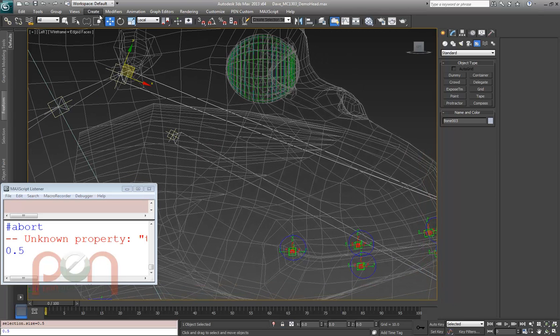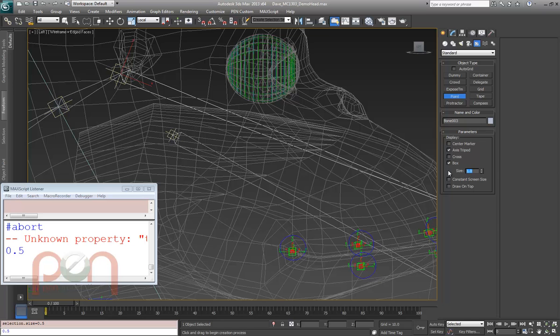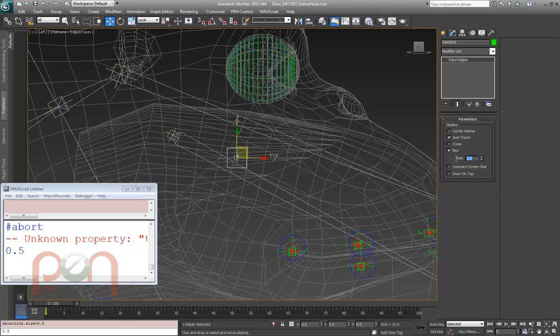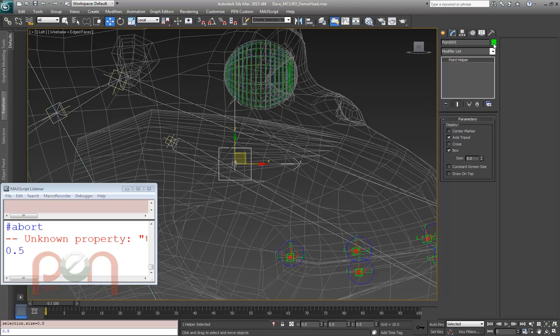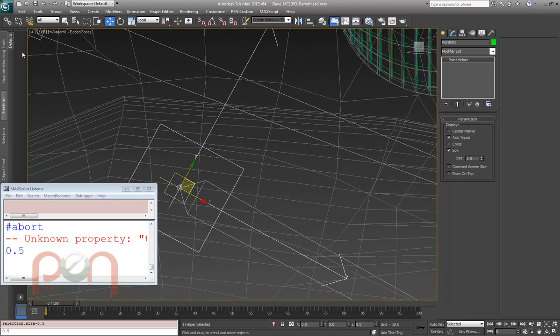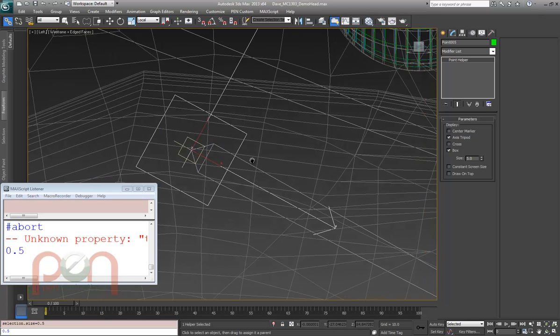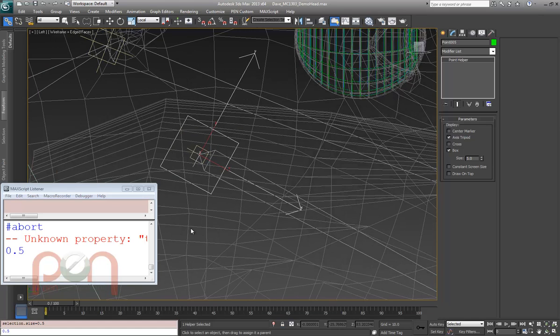So let's actually go and create a helper point. I'm going to make this one size of about 3, and I'm going to drop that in. Maybe even a bit bigger. Let's give it a 5 for now, make sure we can really see it, and it's nice bright green. I'm going to line it up to our jawbone in position and orientation. Oops, pivot. I'm going to link it up to the root of the jawbone. And then I'm going to orientationally constrain it between the two so that it does a half a rotation